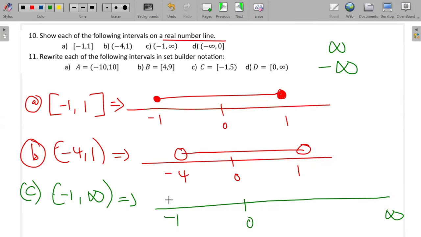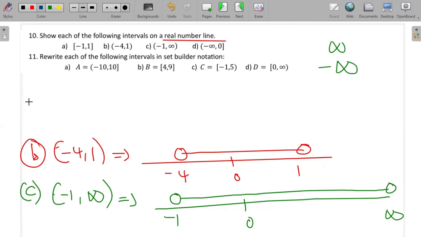So it means this interval at -1 has an open circle. And then it goes all the way to infinity. It also has an open circle, like that. Okay, so I hope you are noticing how we are doing these intervals. And then the last one,